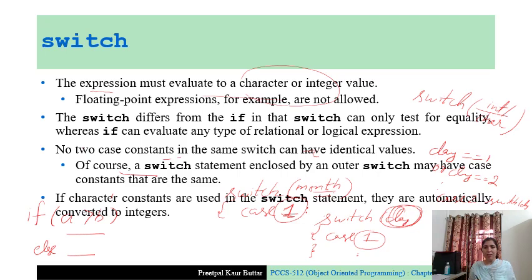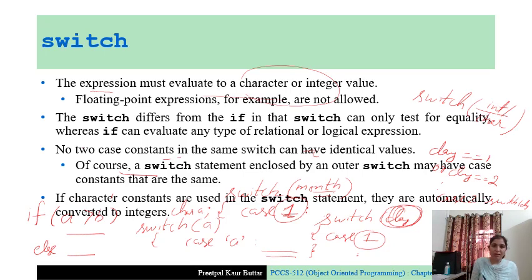If character constants are used in the switch statement, they are automatically converted into integers. You can also use character constants. For example, switch char a, the user will enter the value of this character, then you apply the switch statement on this and then you write case a and its value and so on. This is automatically converted into integer. Why?